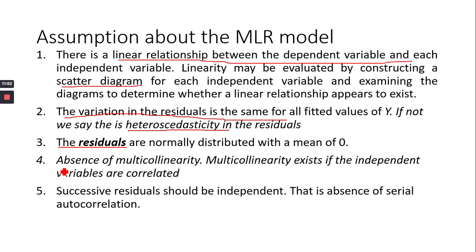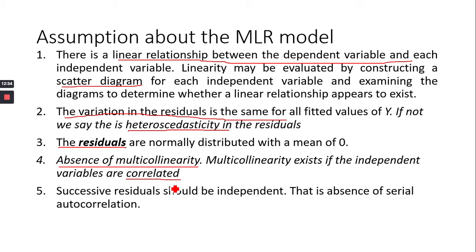Now, we also assume the absence of multicollinearity. What is multicollinearity? Multicollinearity exists if the independent variables are correlated. I'm sure we understand that when we talk of correlation, we mean the strength of the relationship between 2 variables. So if we are fitting a multiple linear regression y equals beta naught plus beta 1 x1 plus beta 2 x2, the x values, that is x1, x2, x3 up to xn, each of them, pairs of them,